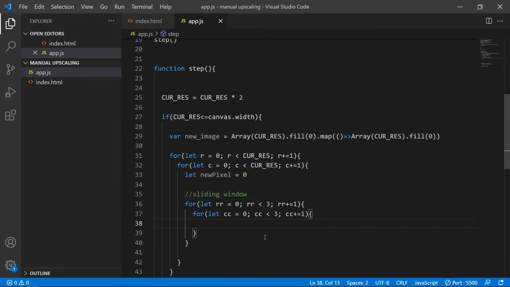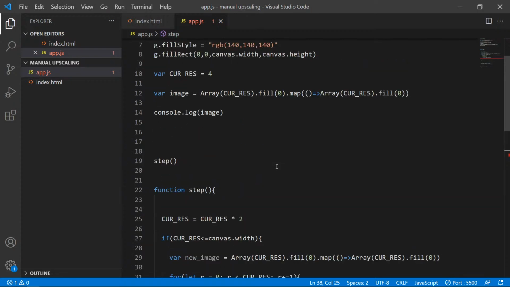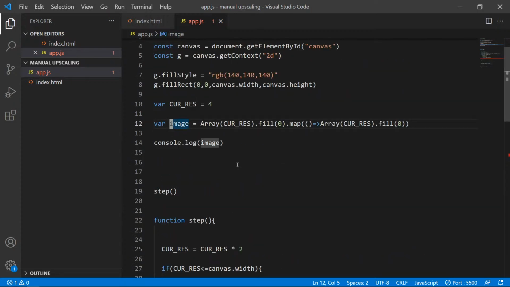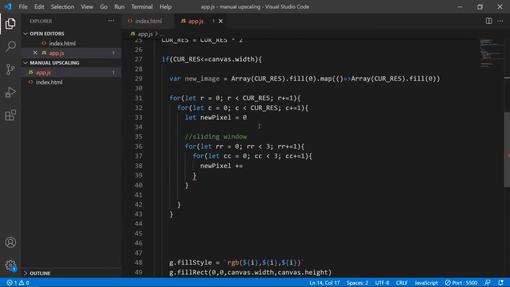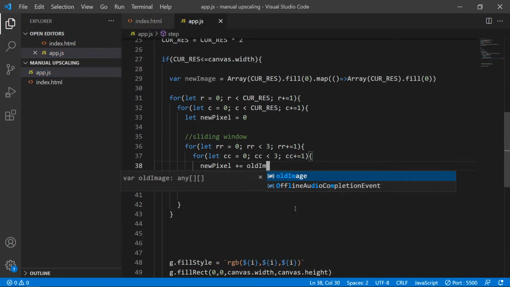And okay, so we're going to say new pixel plus equals the old image. I should probably just call this old image because we're kind of alternating images, if you can believe it. So this is the new image that we're working on. So the new pixel is the old image. Literally just, oh yeah, but,